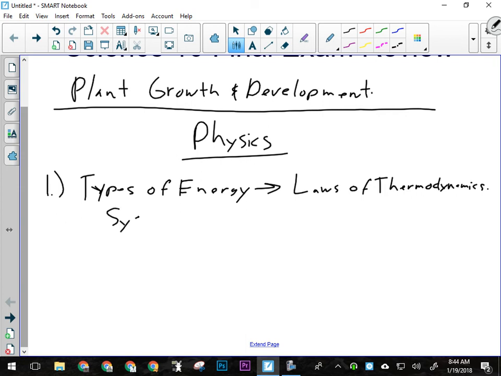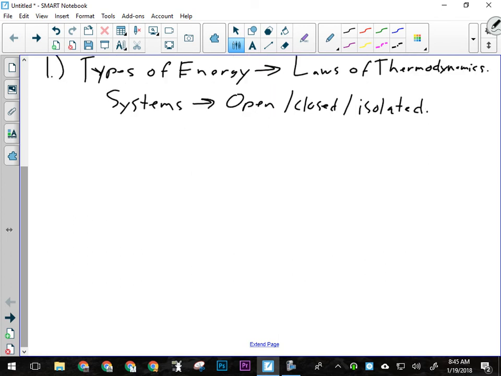You need to know the types of systems. There could be a multiple choice item about the three kinds of systems: open, closed, and isolated. Just make sure you remember what they are. And that's really what you need to get out of those first two lessons. From there,